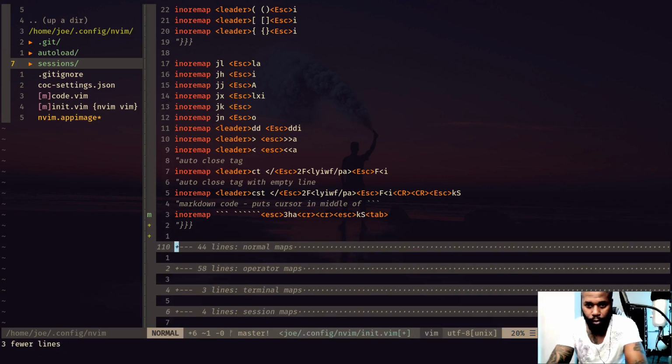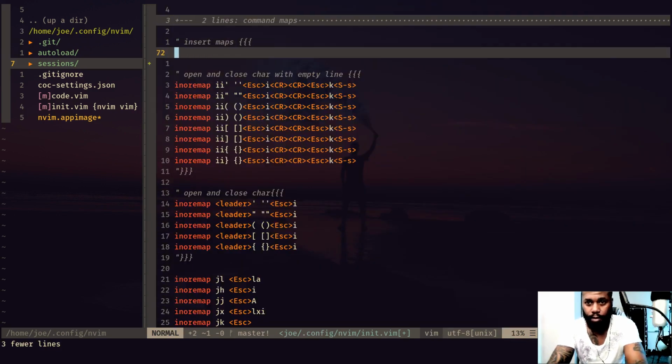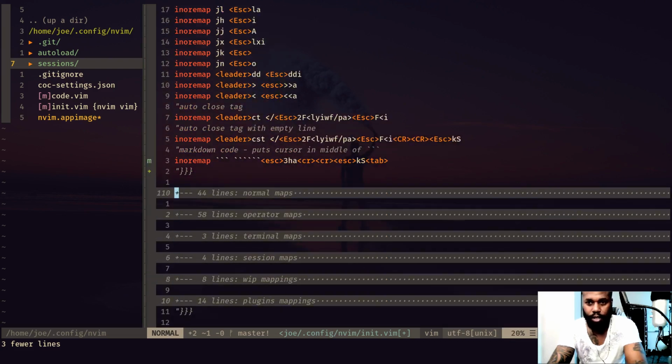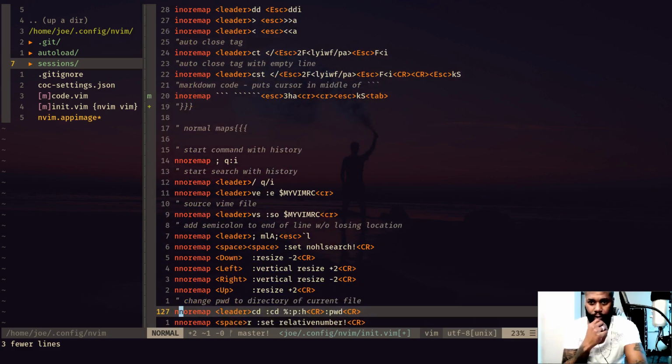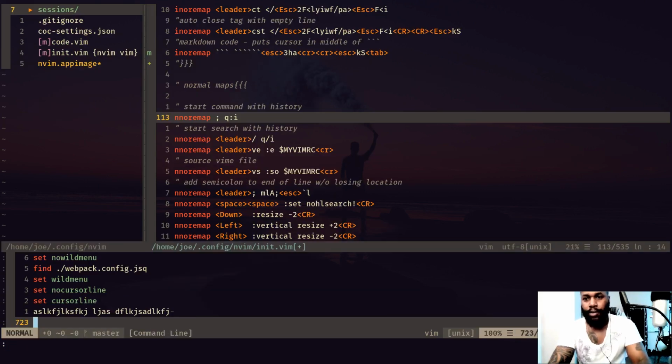Okay, so now we have that out the way. Oops, let me go back here. I think I did the inserts. So let's look at the normal. So this is for my normal mappings. So to start off, I have this map to Q and then here and then I. So what is this? So when you're here and you do Q and then the colon, it puts you in the